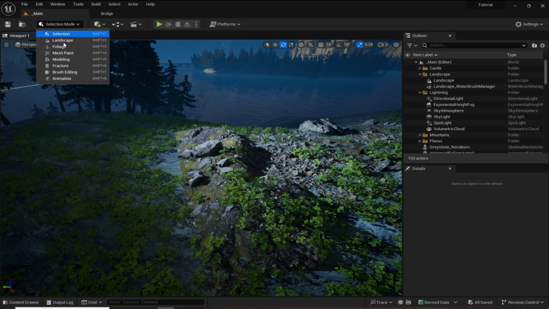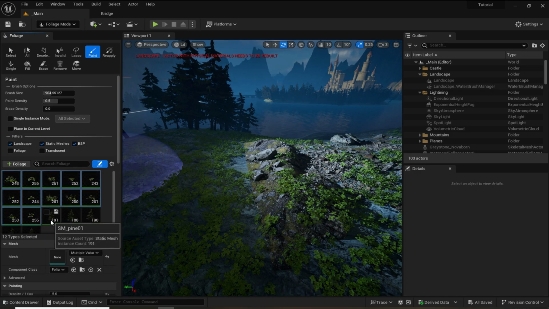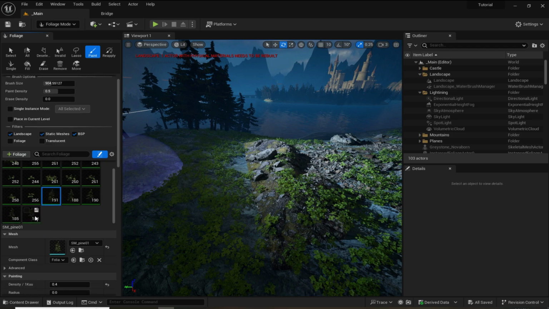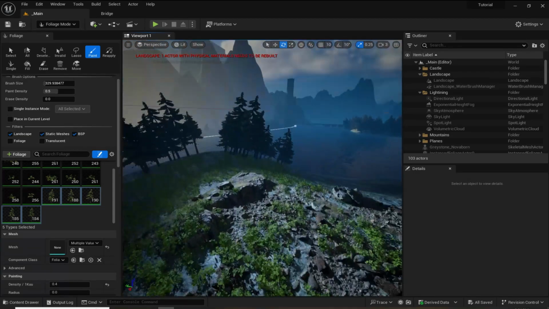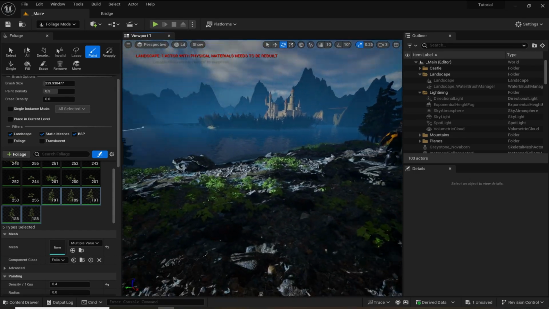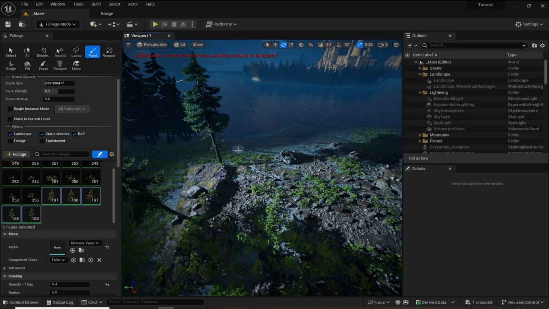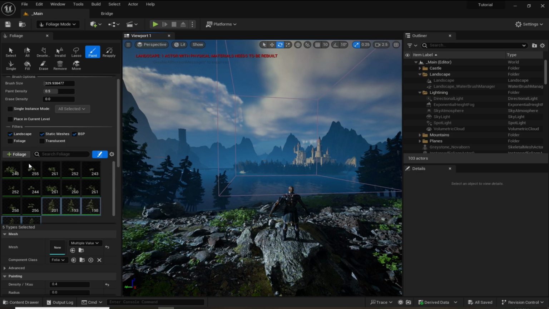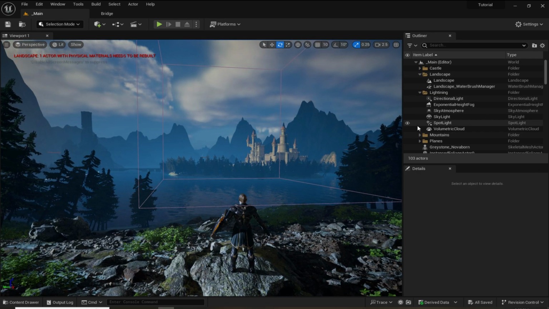Now what I'm gonna do is go to foliage mode and deselect all of these foliage, and I'm gonna select trees like that and decrease the brush size. Now I'm gonna paint some trees to block the light. Let's just increase the intensity a little bit more. Select the spotlight